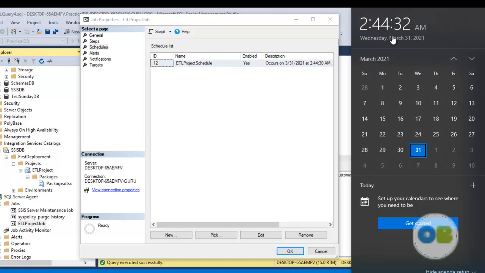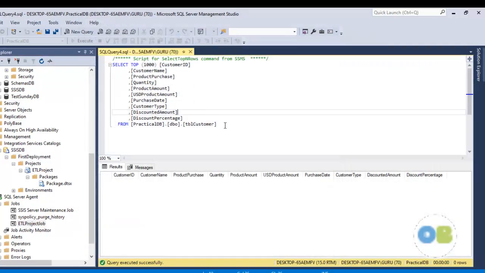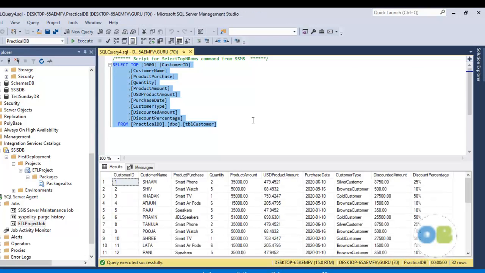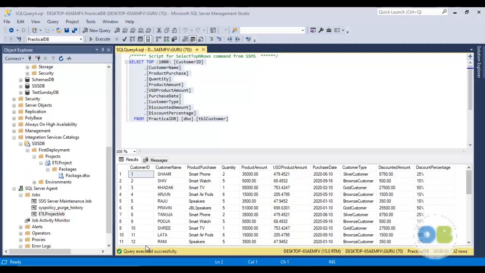So there you go, we have crossed our 30 seconds. For 10 more seconds, yes, now it is 40 seconds. Now what I will do, I will check whether the data has come here or not. So as you can see friends, our data has been loaded here successfully. It means our package has run successfully here via the SQL Server agent, right? So friends, this is how you can schedule your package via the SQL Server agent, and you can run your program automatically at your scheduling time.